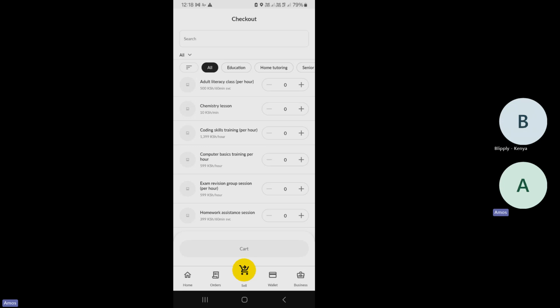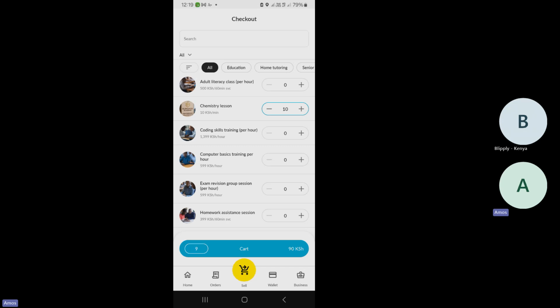You remember us adding the chemistry lesson? Maybe somebody comes to the shop, they want the chemistry lesson. So remember, I'm selling it at 10 shillings per minute. Maybe they want to be with me for, say, 20 minutes, up to the number of minutes that I have.